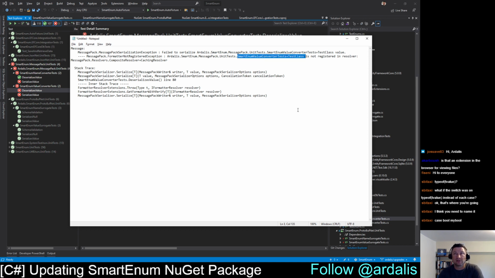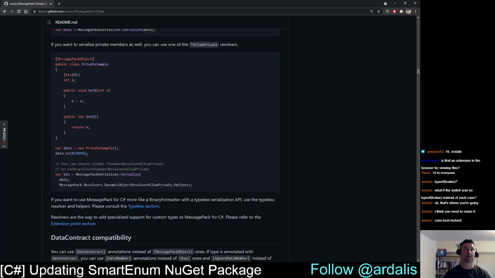SmartEnum. So my test class is not registered in the resolver, MessagePack.resolvers.compositeResolver caching resolver. Failed to serialize. Right? So